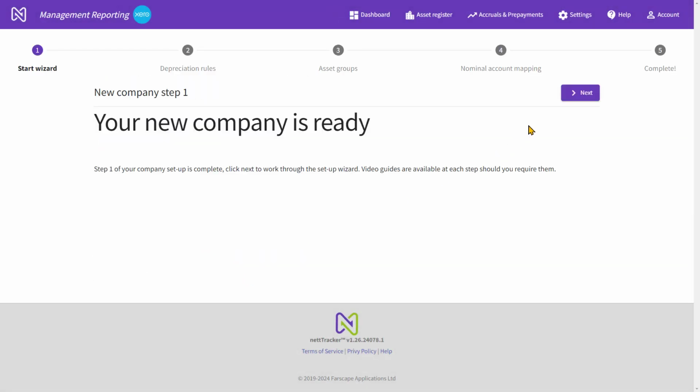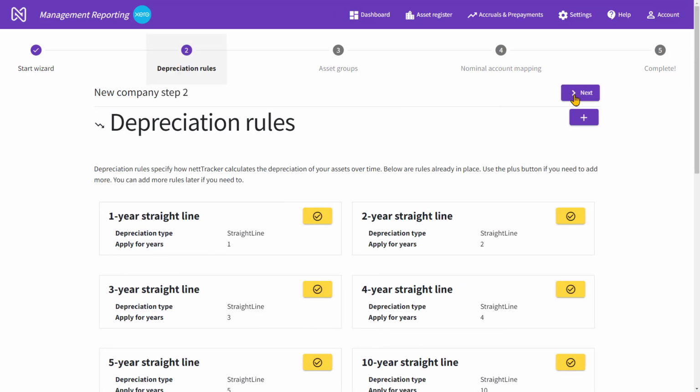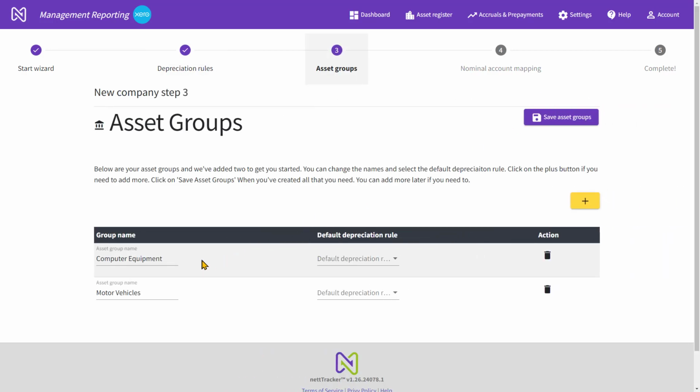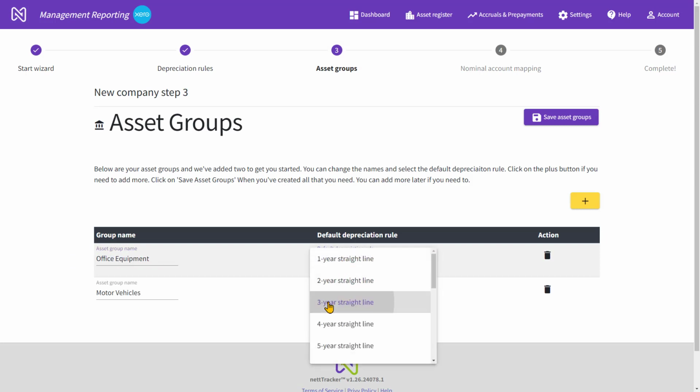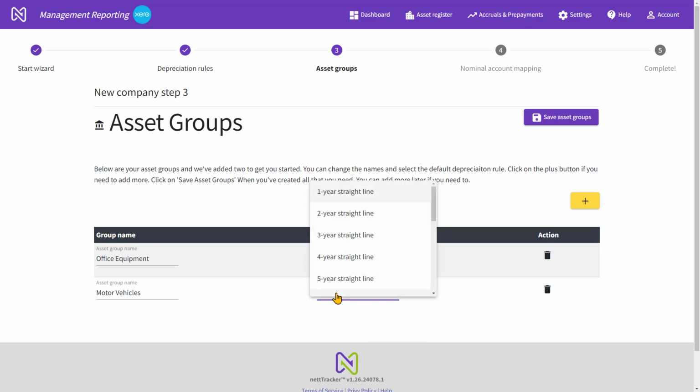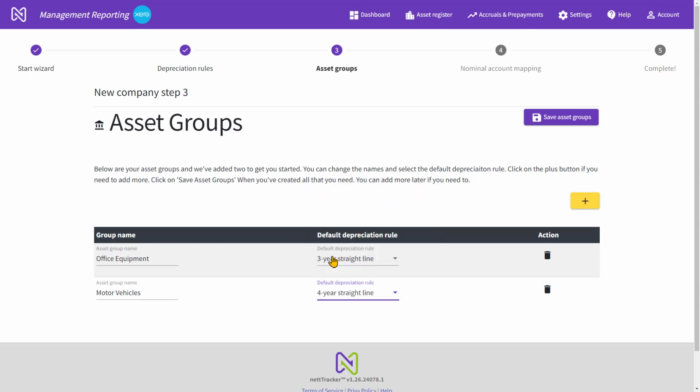I'll work through the setup wizard. The depreciation rules, I can add further depreciation rules. I don't need to at this point in time, so I'll just click next. I have computer equipment and motor vehicles. I'm actually going to change that to office equipment and motor vehicles, and I'll put a default depreciation rule in there for both of those two, which I can amend if I need to. I'll save those asset groups,